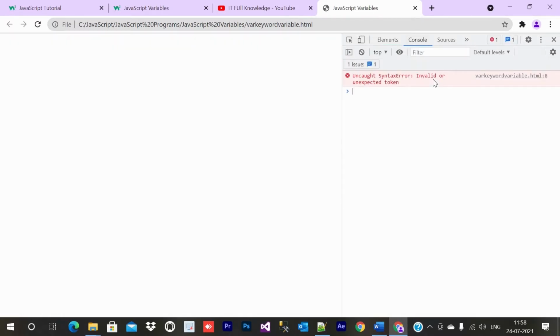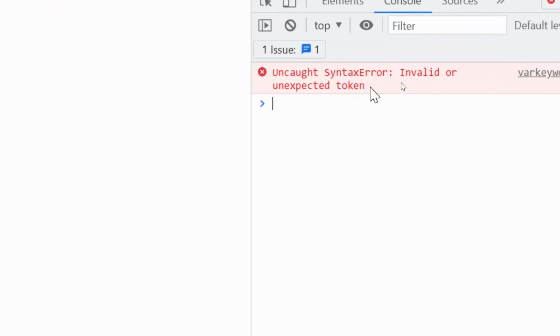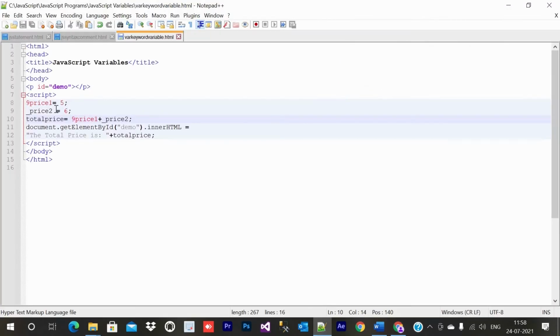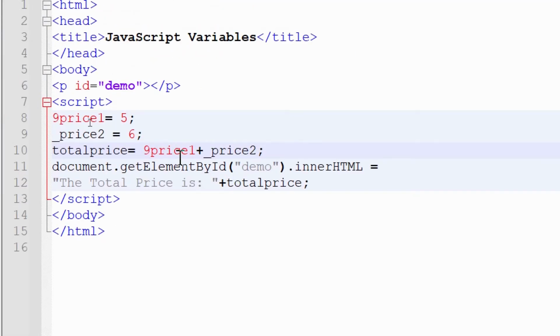Go to inspect, go to console, and you can see: uncaught syntax error, invalid or unexpected token in line 8. Let me come here and remove that. Starting must be a letter, it cannot be a number, because number is also a data type in JavaScript, so it confuses it with that, so you can't use it like that.